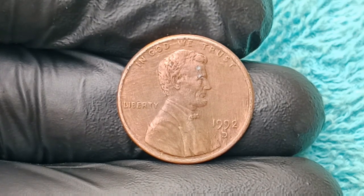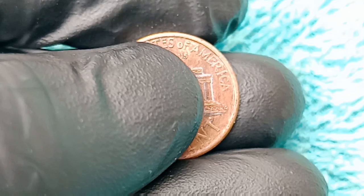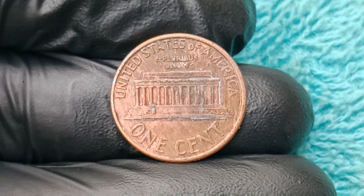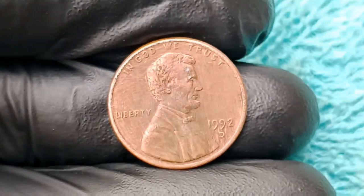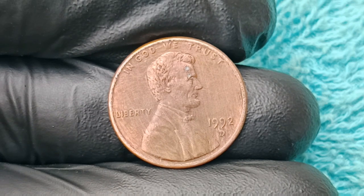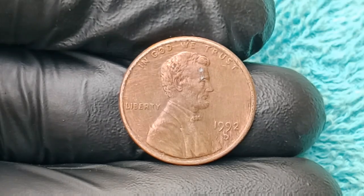its copper-plated zinc frame that transformed it from pocket change to a once-in-a-generation treasure that set auctions ablaze, triggered collector bidding wars, and became the centerpiece of multi-million-dollar transactions that rocked the numismatic world to its core. Because at first glance, it might seem like an ordinary penny featuring the familiar Lincoln profile on the obverse and the classic memorial reverse, yet what lies beneath its surface tells a completely different story, a story of overlooked production